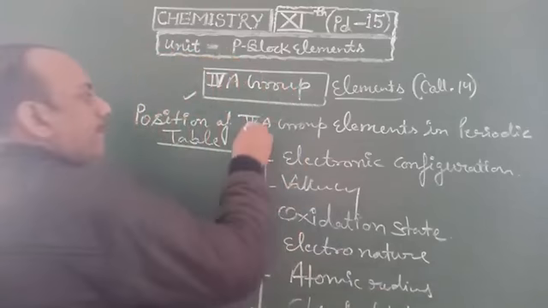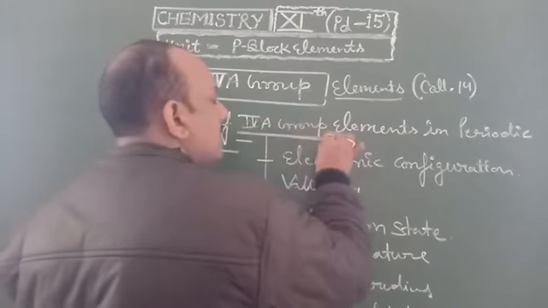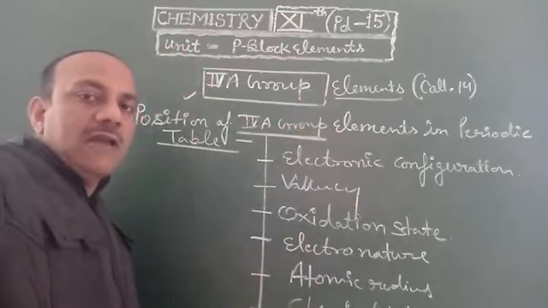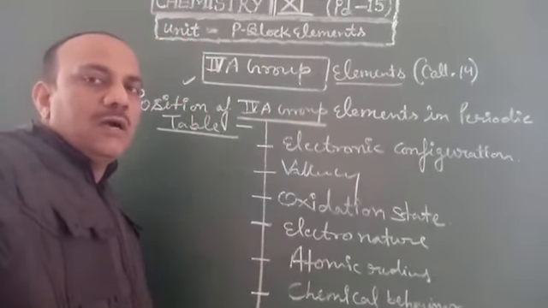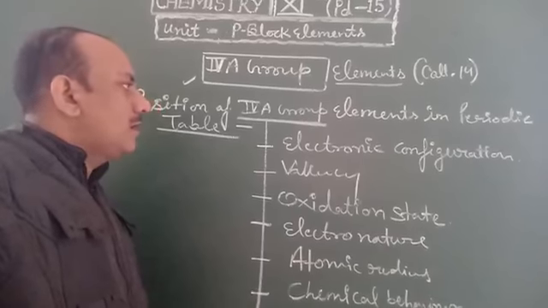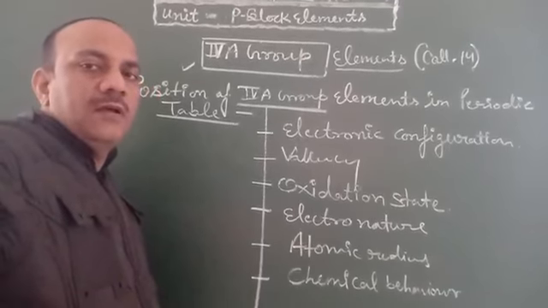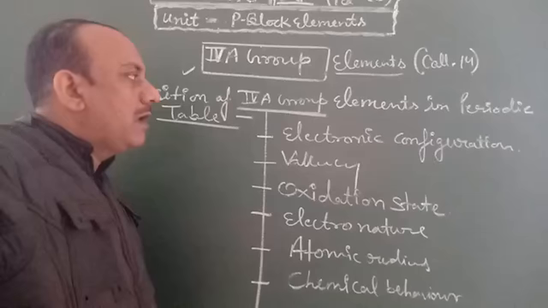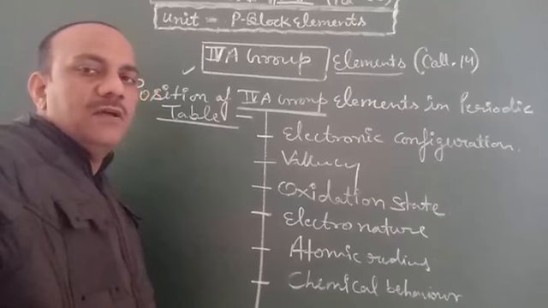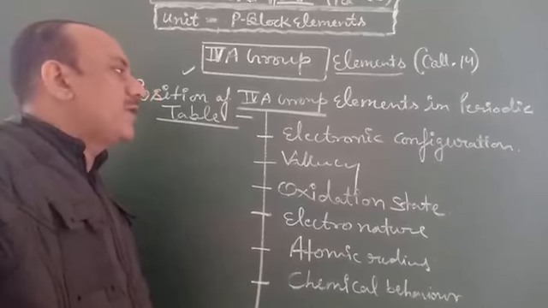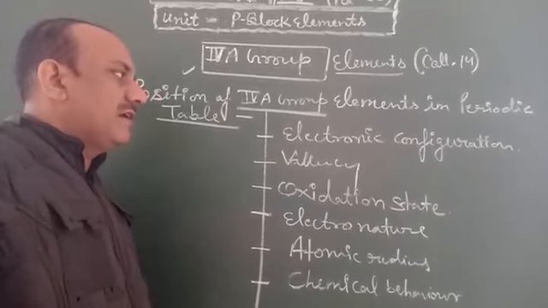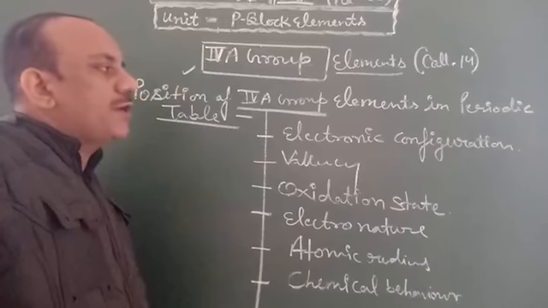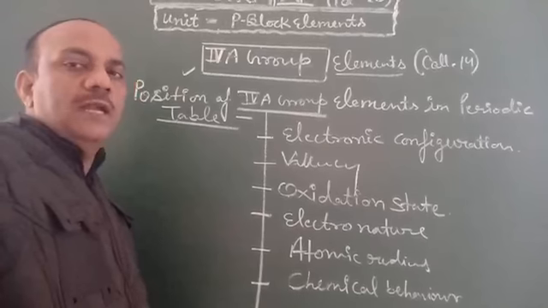Students, you know that this group is also known as the silicon family or carbon family elements. So, question here: describe the position of carbon family elements in the periodic table, or explain the position of silicon family elements in the periodic table on the basis of given hints. So, first we take the electronic configuration of fourth A group elements.